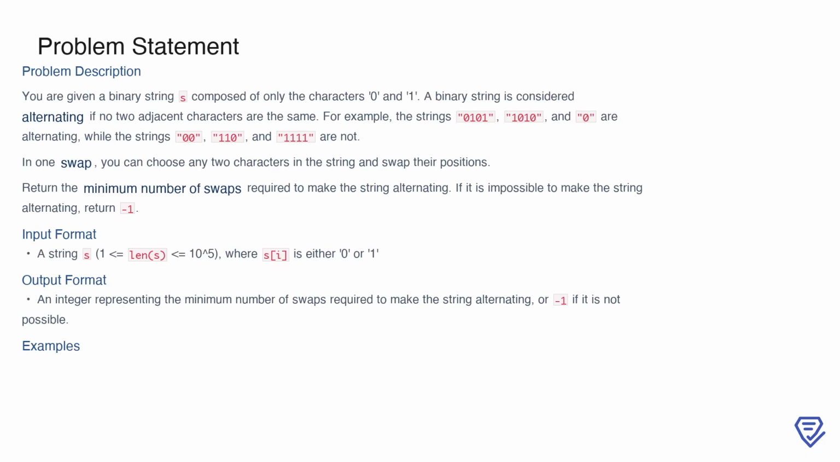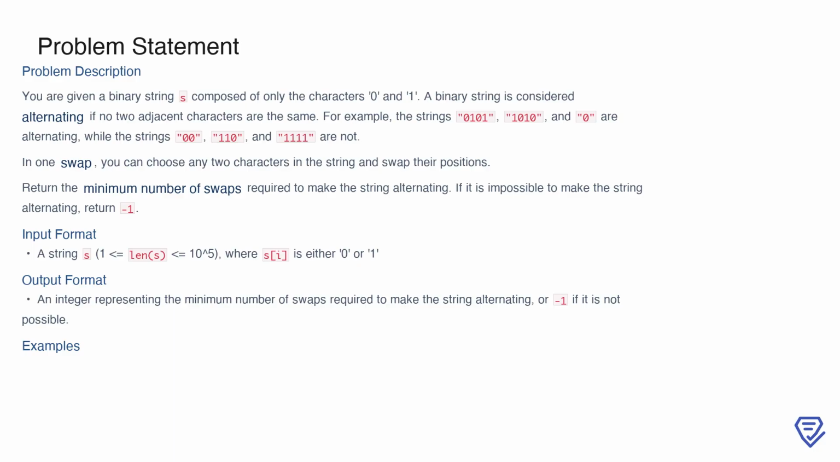In this problem, you are given a binary string S that consists of only the characters 0 and 1. A binary string is considered alternating if no two adjacent characters are the same. For example, strings like 0101, 1010, and even a single character string like 0 are alternating because they follow this rule. On the other hand, strings like 0100, 110, or 1111 are not alternating because they contain adjacent characters